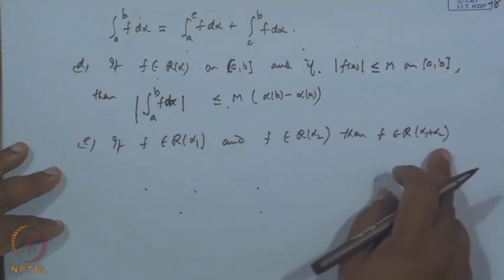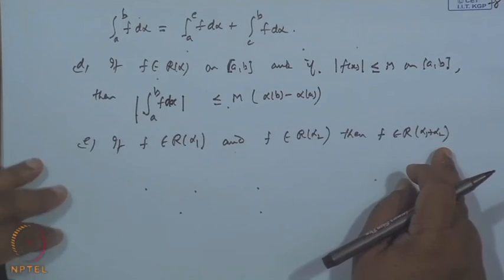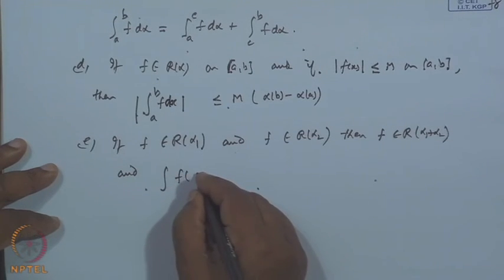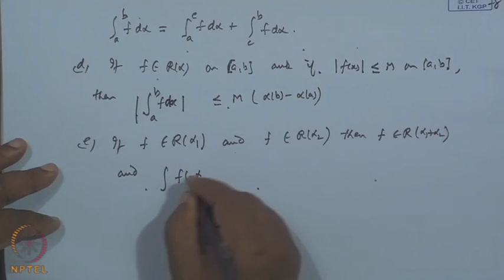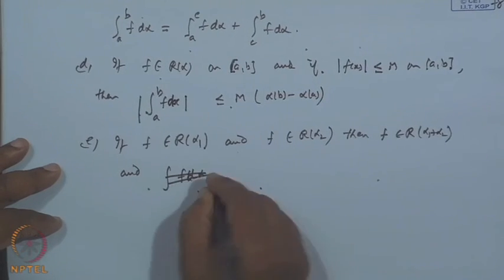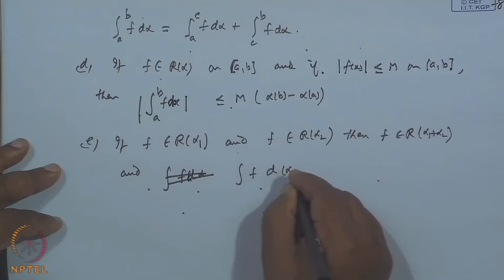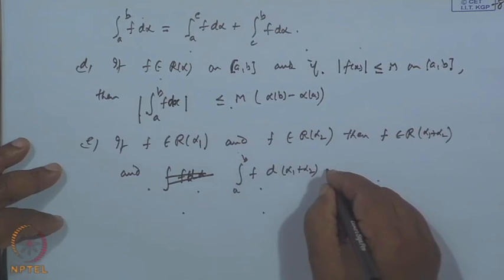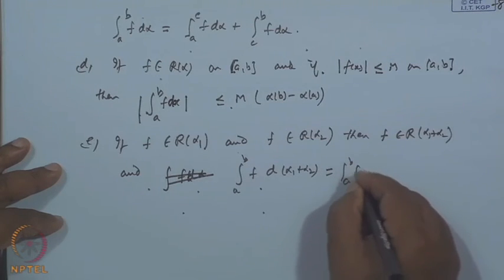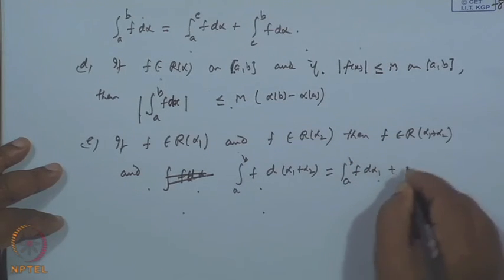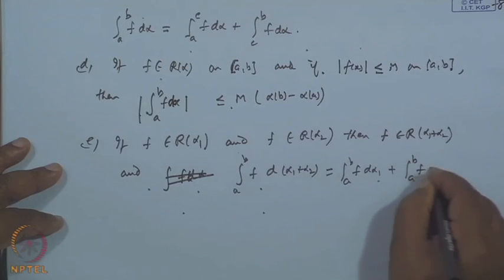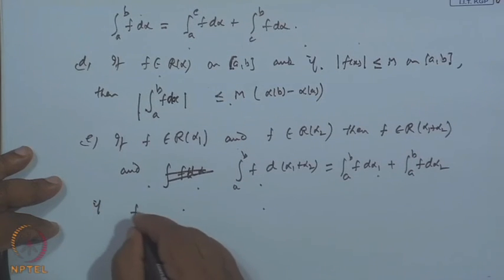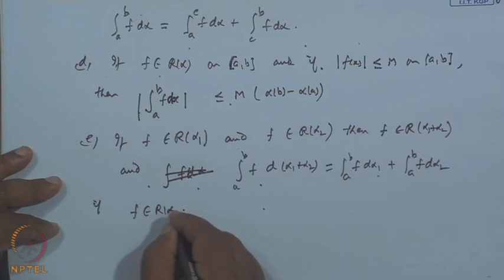If they are monotonic decreasing, the summation will also be monotonic decreasing, and hence the integral of f d(alpha 1 plus alpha 2) over a to b is the same as the integral from a to b of f d alpha 1 plus the integral from a to b of f d alpha 2,